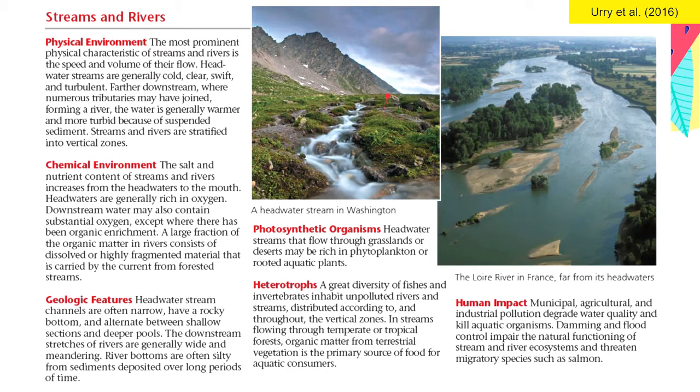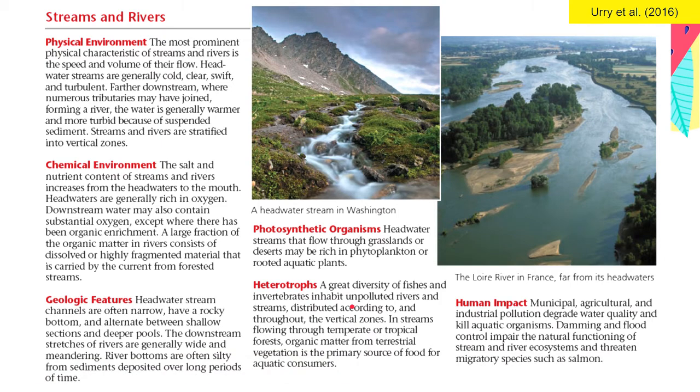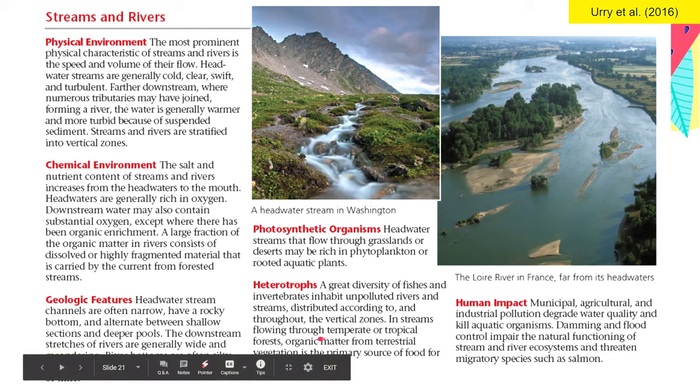Okay, so or they can even flow through deserts, and they could be rich in phytoplankton and rooted aquatic plants. In terms of animals, the rivers can have great diversity of fish and invertebrates. Okay, they can have different types of insects as well. Okay, in streams flowing through temperate or tropical forests, organic matter from terrestrial vegetation is the primary source of food